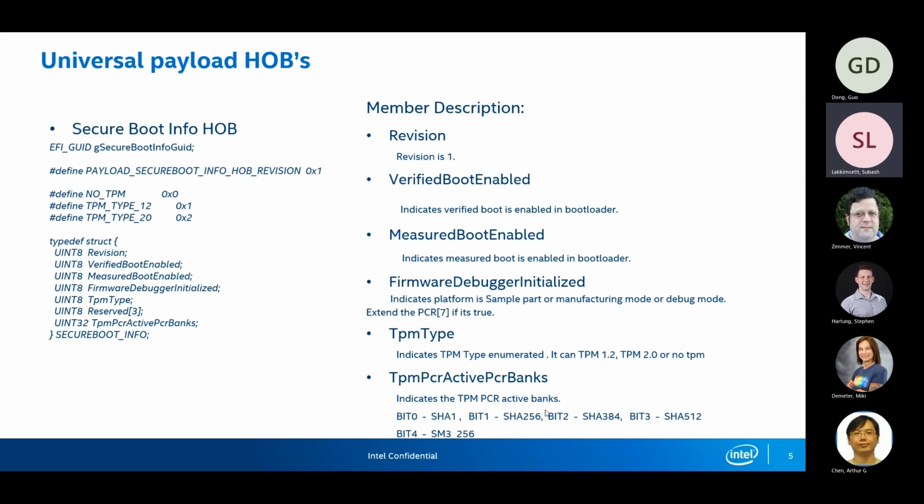At least in the UEFI payload, this information is required. Based on this, we can select which algorithms are active, whether SHA-1 or SHA-256, and the number of banks will be activated accordingly.